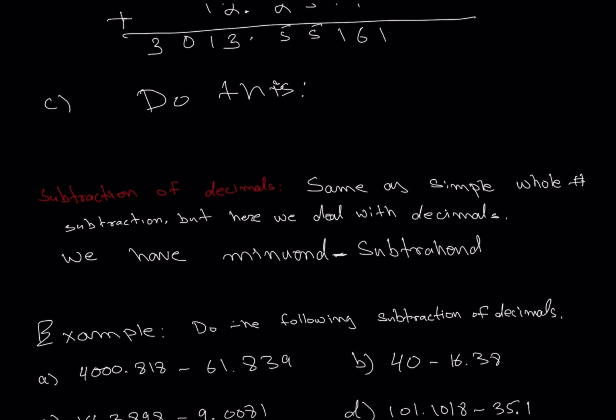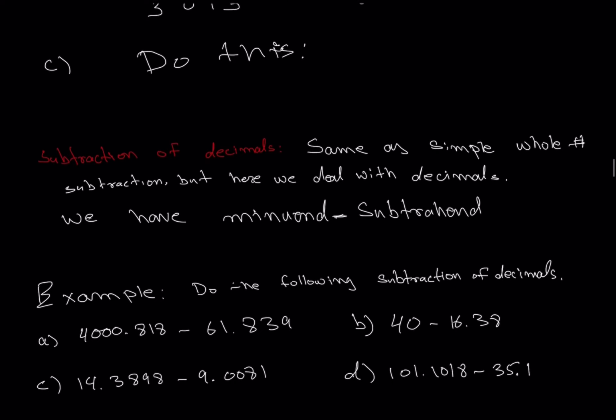We have minuend and subtrahend. It's the same as whole number subtraction. In this example and the decimal part, up to this point of math, we always take the smaller number from the bigger number. Of course, in higher math classes, we can do some examples like,